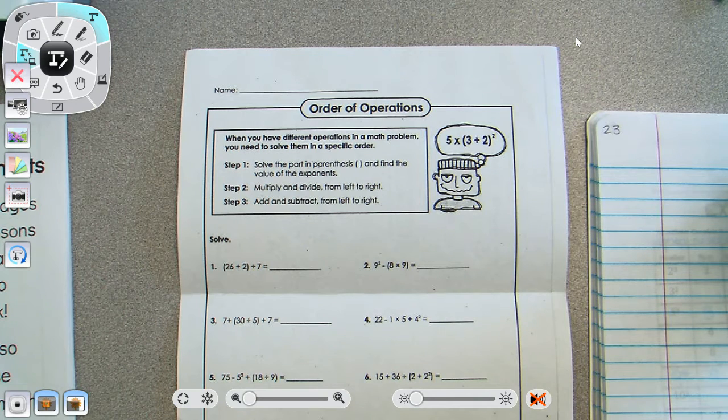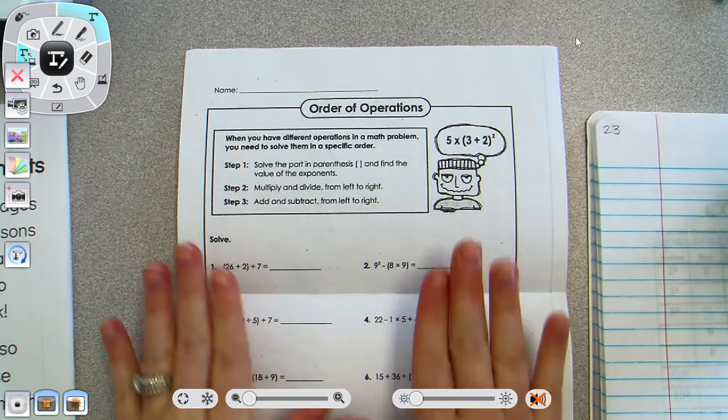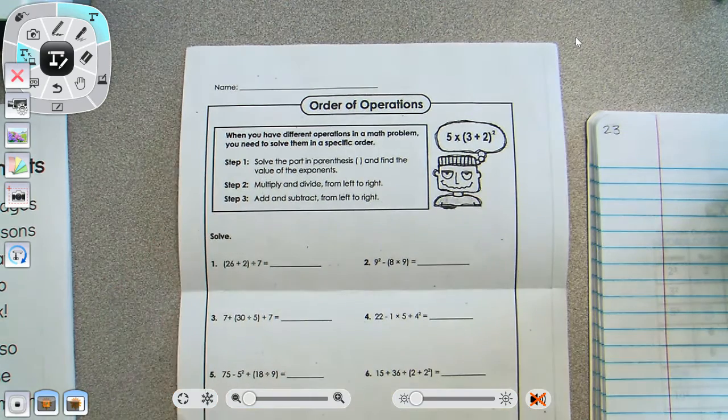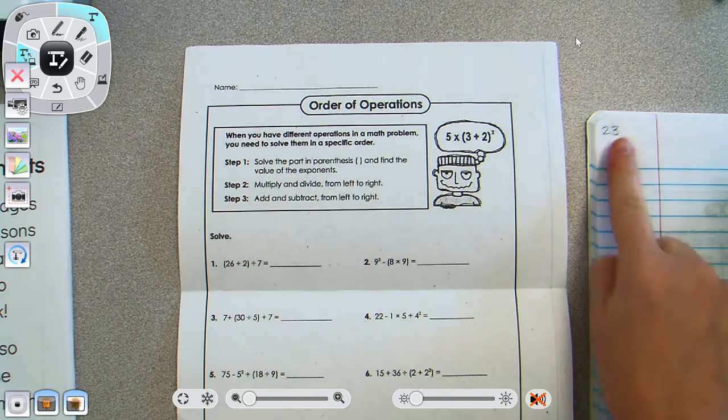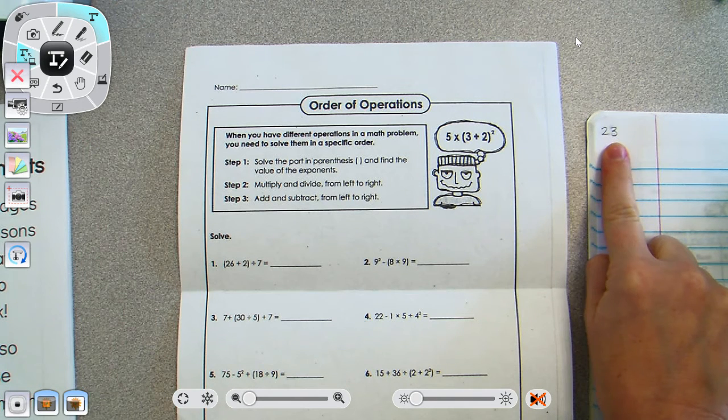Today's notes are all about order of operations. Now, you should have gotten a copy of these notes from Mrs. Tupons, or you can choose to print them using the link she shared, or you can simply use a page in your notebook and write down the math and words as we go along taking these notes. At the time that I made this video, I was on page 23 for my notes,